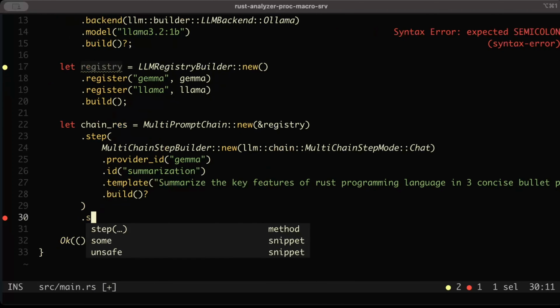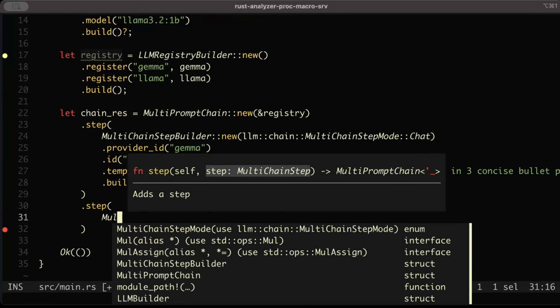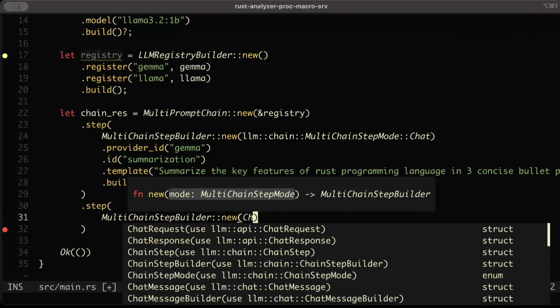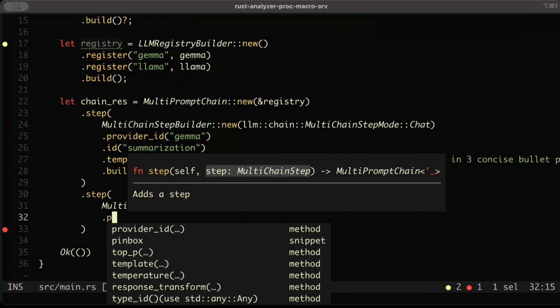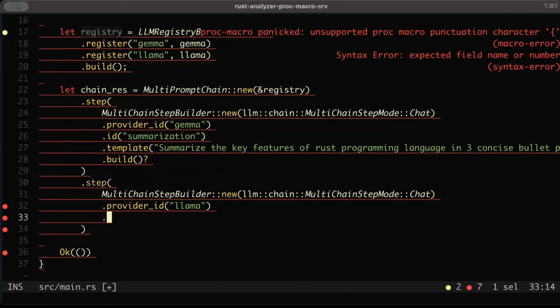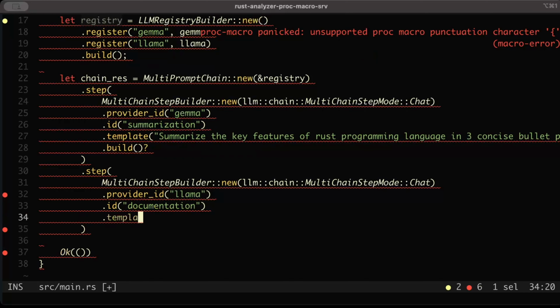And after this, we add another step. And right here, all we do is multi-chain step builder again. New, same, the mode is chat. Again, multi-chain step chat. And now the provider ID is changed, which is Llama. So let's use Llama. And now the template that we want to use, first of all, let's add the ID. So the ID we want to use here is, let's say, documentation. And the template we want to add is,